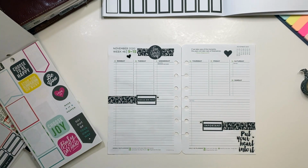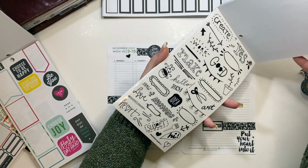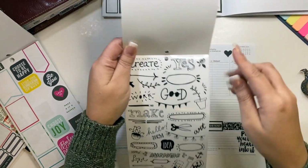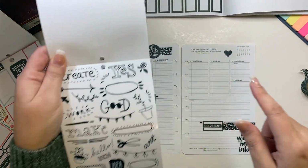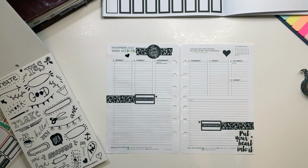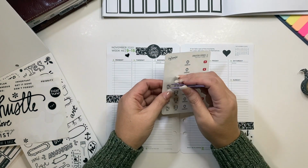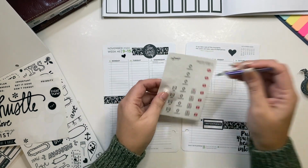I'm gonna see if there's anything else in these. I thought there was a black. Yeah, there's a black and white here. I kind of like this and this, maybe for right here. All right, I don't know. I'm gonna start putting in the normal stuff that I put, and then we'll